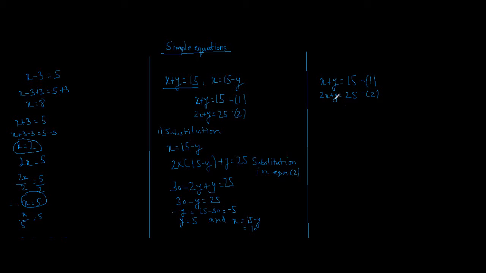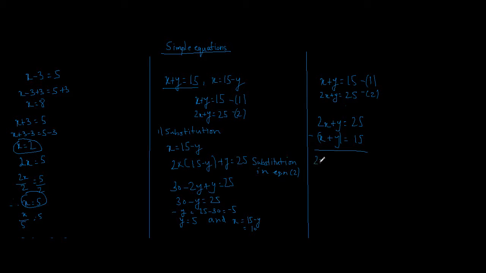I would be eliminating y because y has the same coefficient in both the cases. As a result, I will get 2x plus y equal to 25, and subtracting x plus y equal to 15 from it